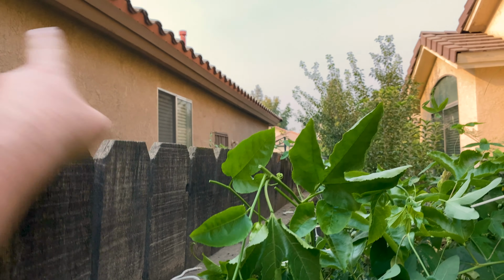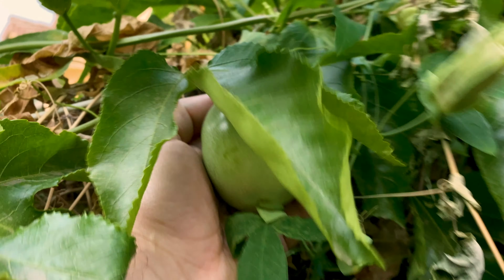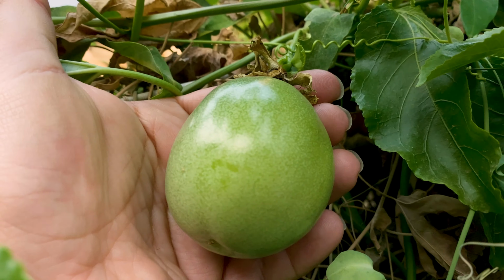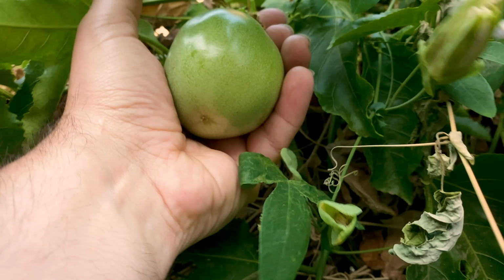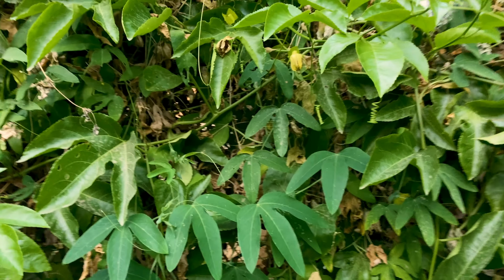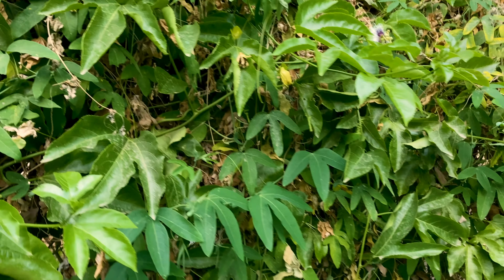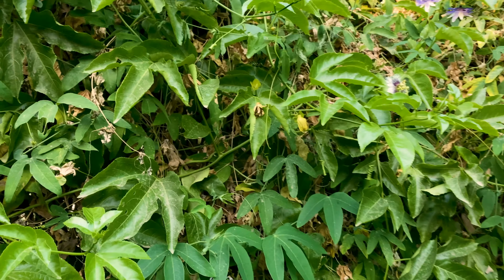So I was going here pruning because I don't want it to go over, once it touches the stucco, the neighbor's house will start climbing up the roof. So I didn't want that. So I started pruning. I started moving down and I saw this. Look at how beautiful this one is. Just like an apple. And there has to be more than just that. I just can't find them yet. And I'll find them once they start coloring up and dropping. You don't ever pick passion fruit from the vine. You wait till they're on the ground. So this just huge mass